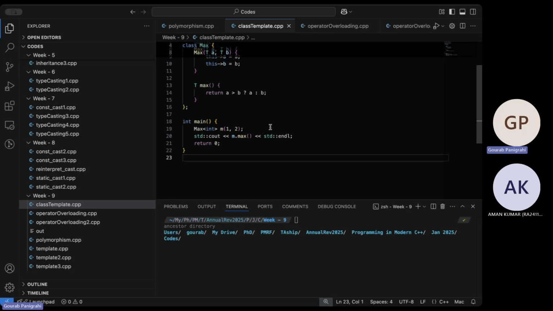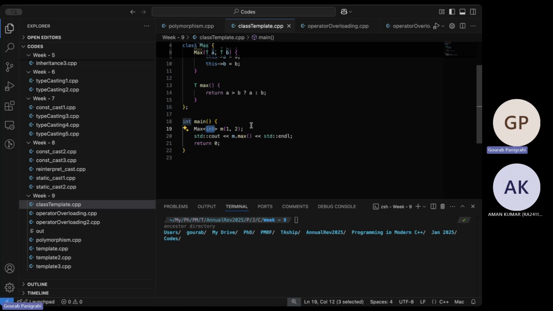Templates are compile time constant. This is very important to remember. Templates cannot be changed. So in this templated class, when I construct the object M, I have to give a template here. This one cannot be some variable.